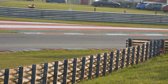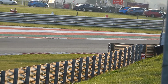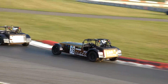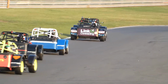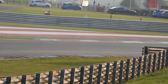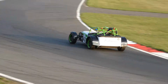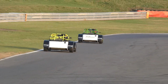Oh, okay. Have to wait with bated breath to see what the order is next time they come into my line of sight then. Neck and neck between the two of them. In fact, as they come through Caterham, is it side by side? It was. By the time they actually get to the apex of the corner, it's Thompson who has got his